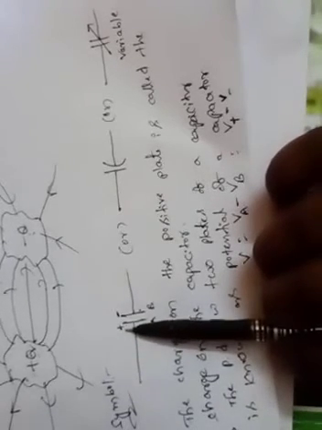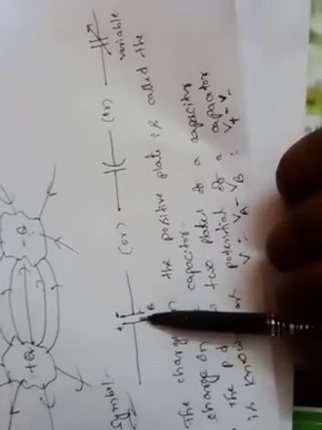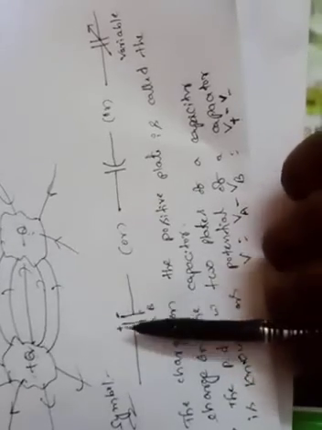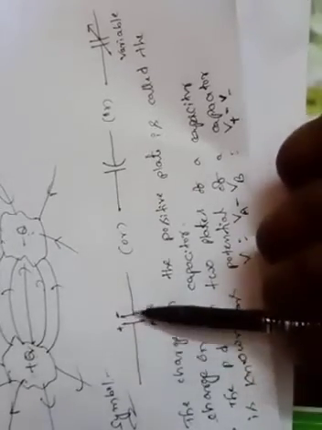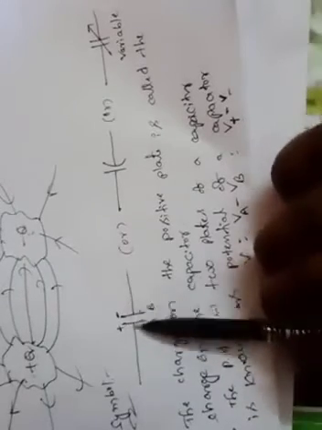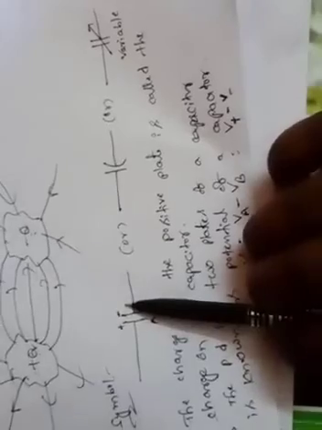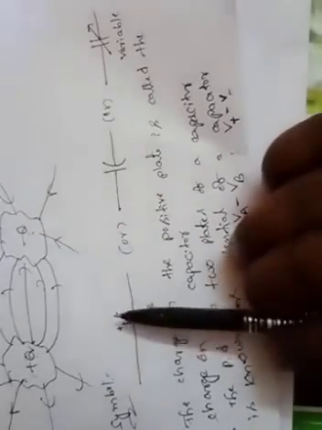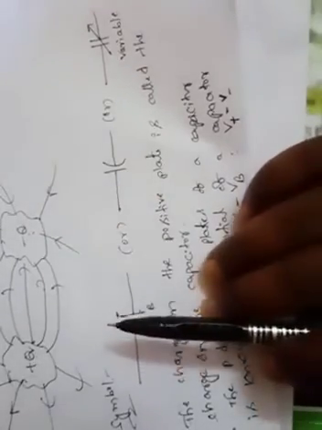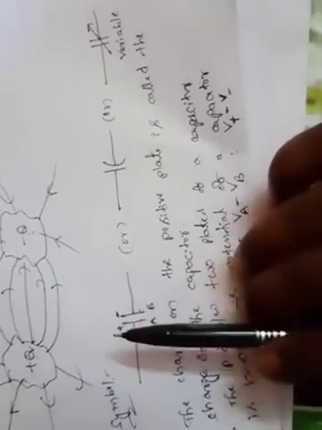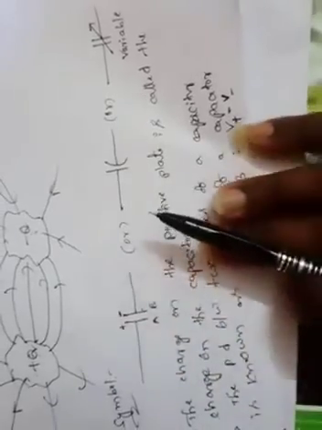It doesn't mean the total charge on the two metallic plates of the capacitor. If you take the two metallic plates, if it is plus 2 coulombs, it is definitely minus 2 coulombs, and the resultant will be 0. It doesn't mean like that. So charge on the capacitor means the charge on the positive plate only.